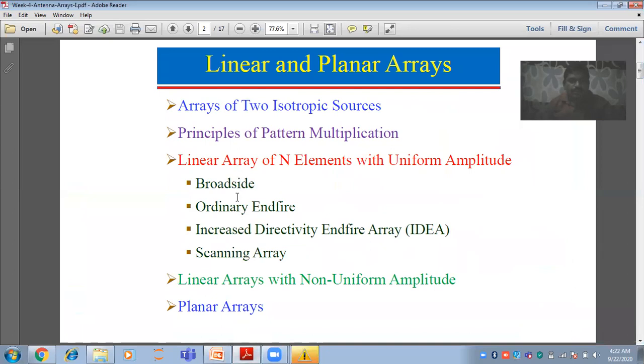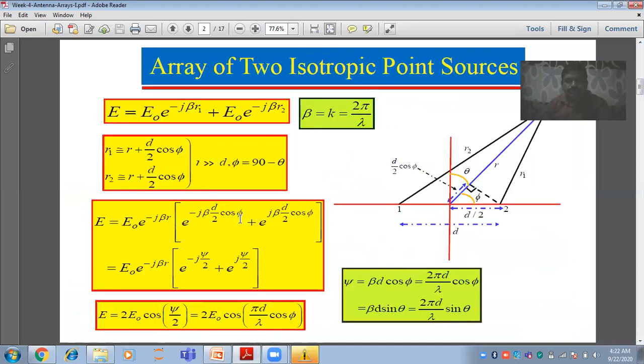So these are the topics of our syllabus that we have. Now come to the two-element array. So let us see. I have taken two antennas, and these two antennas are forming a group. So therefore, it is called an array, and this is called antenna 1. Let us say here antenna 2 is kept here. This is the place of antenna 1. This is the place of antenna 2.